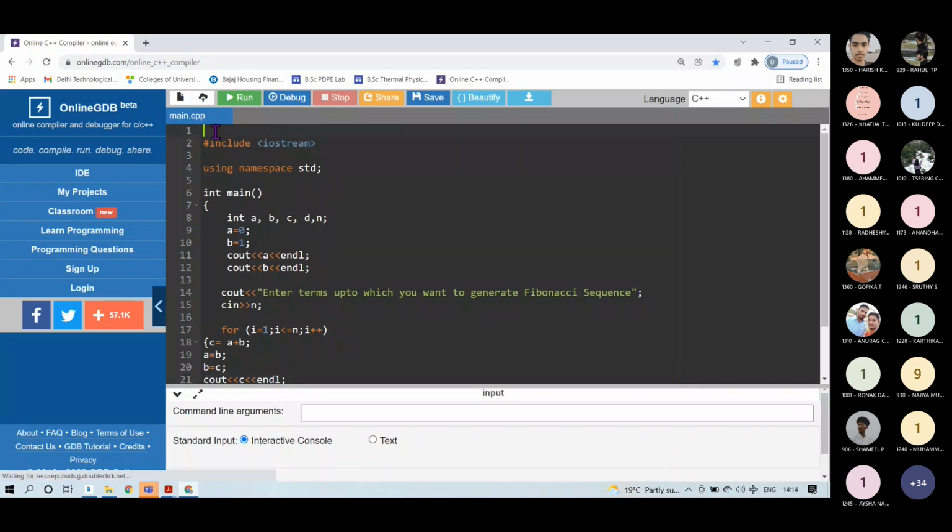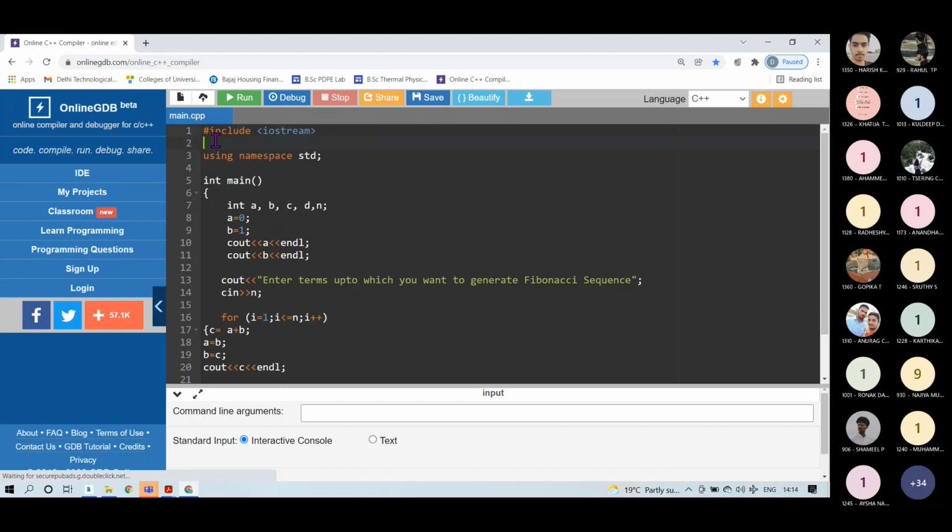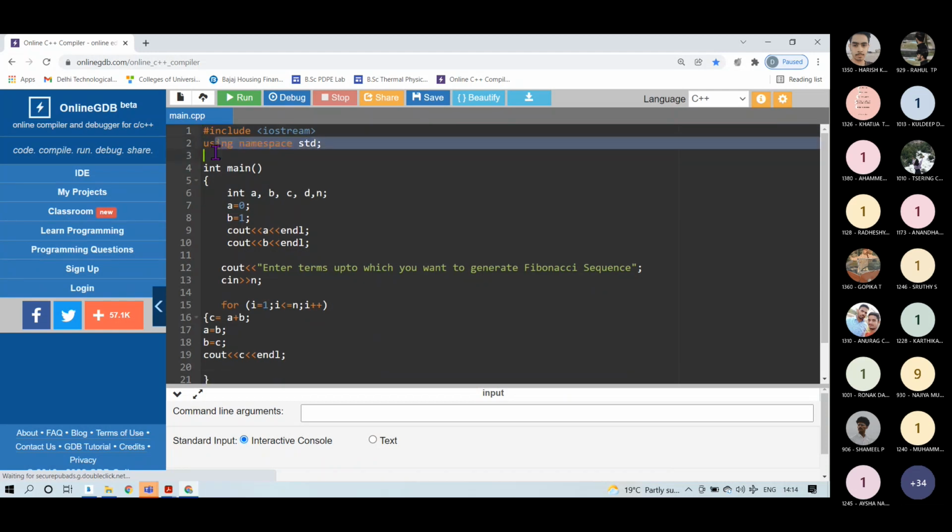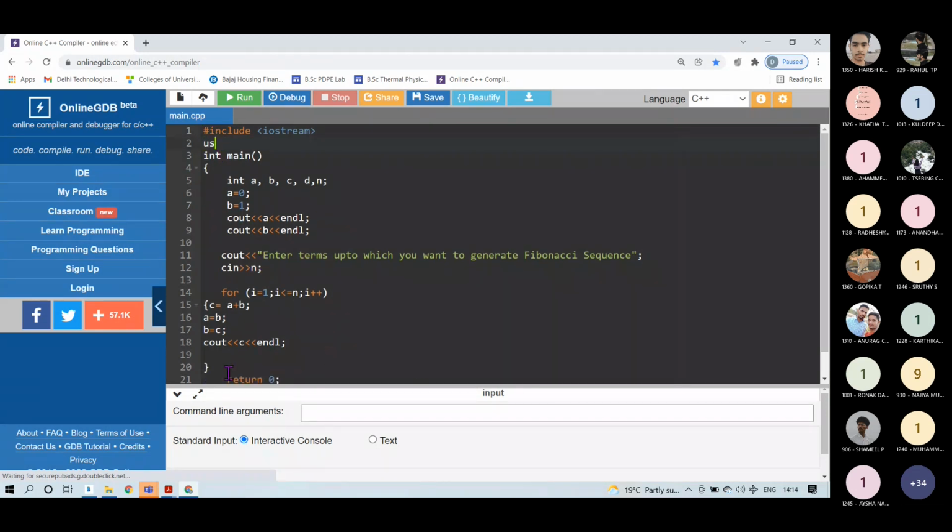Okay, so let's see what will happen if I run this program. Sir, i is not initialized. Yes, okay, so I will define i also. We do not require to initialize the value of i, but yes, we have to define the variable i.